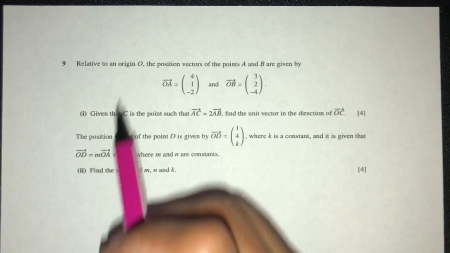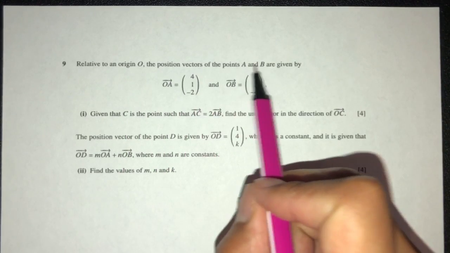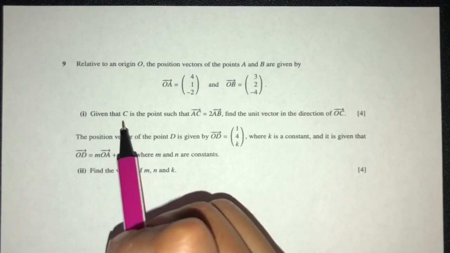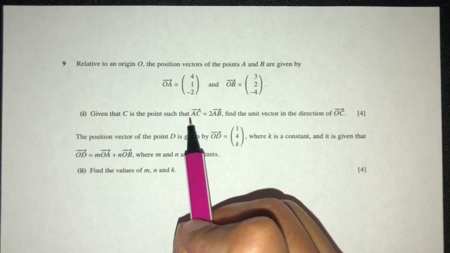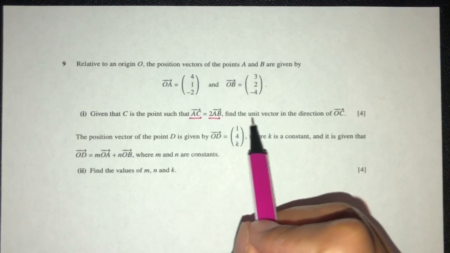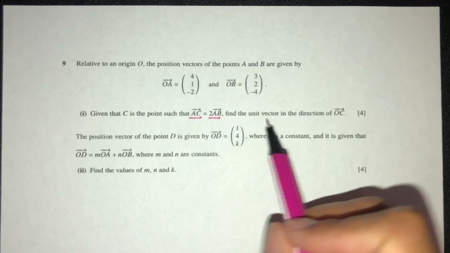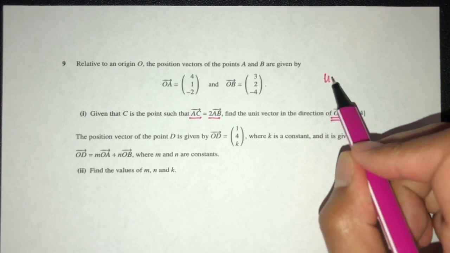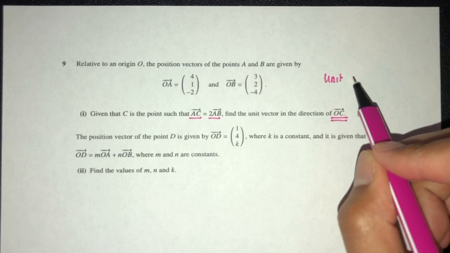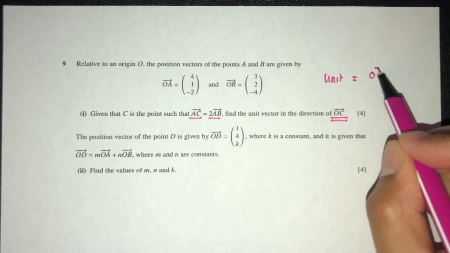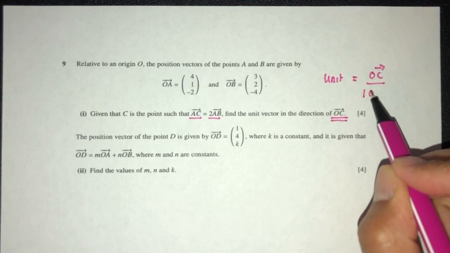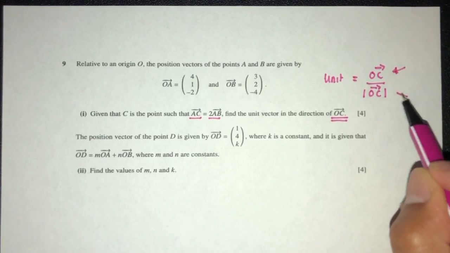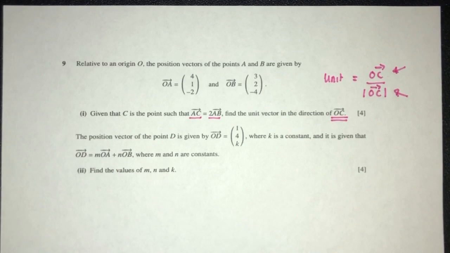So relative to a point O, the position vectors of A and B are given to you by this and this. Great. Part 1. Given that C is a point such that we have this and this, we have to find the unit vector in the direction of OC. So pretty easy. That will be what? Unit vector in direction of OC, that will be OC itself divided by its magnitude. Now we have to first find OC and then find its magnitude. So one by one, of course, we have to